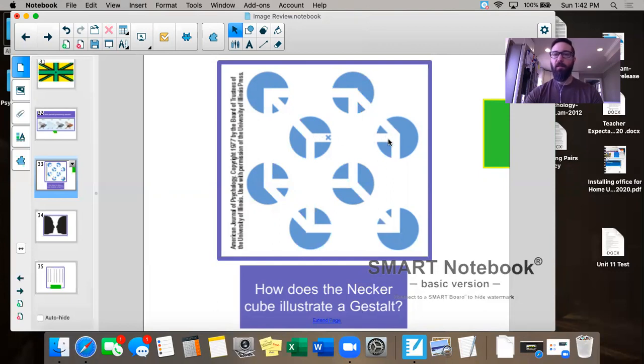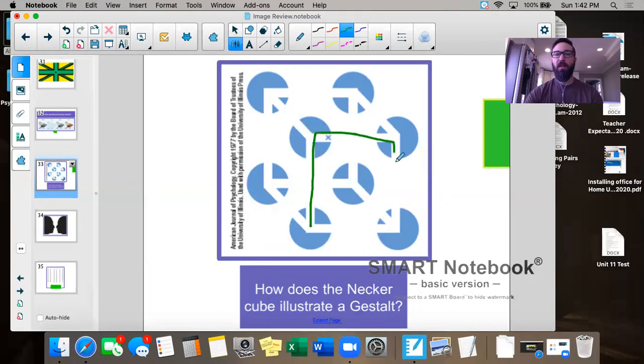So if we're looking at the image right here, you should be able to see a square and a square, foreground and background, and then you also get all the ones on the side, so it turns into a cube, six-sided right there. Before we address specifically how the Necker cube illustrates Gestalt, some of the things we would have talked about in class from forever ago would have been, depending on how you look at it,